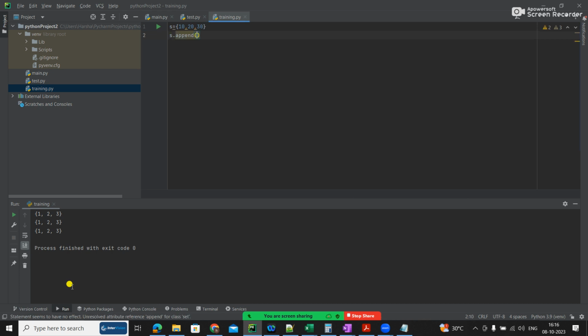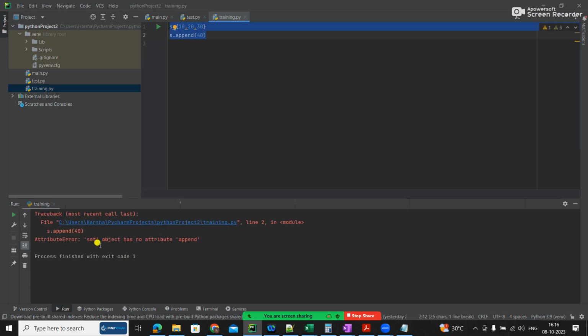If I try append of 40, it should throw an error because we will not have append. Append is there in list, and here we have add. Append in English means at the end. They have made a function, def append, that does this. That is what append means: at the end.